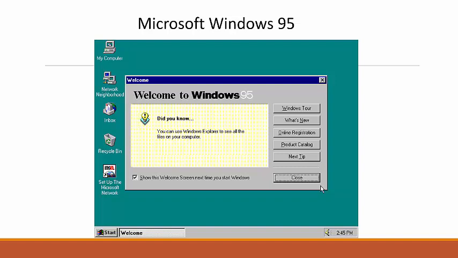1995, Microsoft introduced Windows 95. And I remember the hype on this. I remember when this got released, there were people camping out in front of Best Buy waiting to go get their copy of Windows 95 and be the first to install it. Windows 95 was groundbreaking. And well, let's talk about what it is.